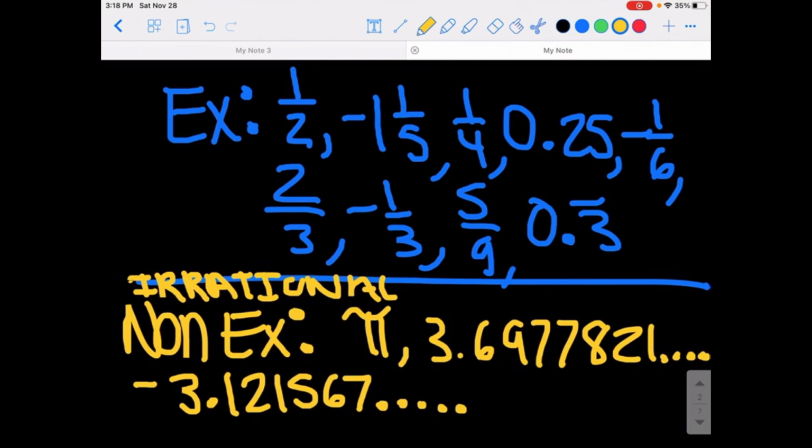So all these examples, if it's not a rational number, it has to be an irrational number. It's either irrational or rational. So that's that. And hopefully this video helped you better understand what rational numbers are, and it helped you better understand the differences between integers and